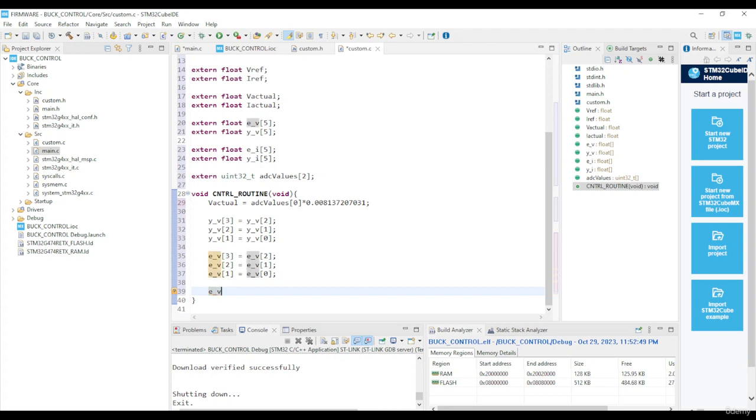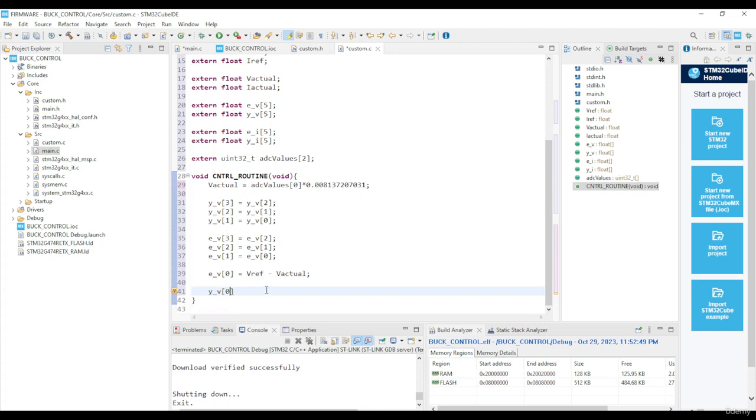In the next stage, obviously, you want to compute the error. And don't worry too much about the order. It doesn't matter, it's going to happen one after another anyway, because it's essentially a loop. So what you want is v actual. Oh, my bad, it's actually vref. So it's vref minus v actual. You want to implement that, and after you implement the vref, now you want to implement the actual PI controller